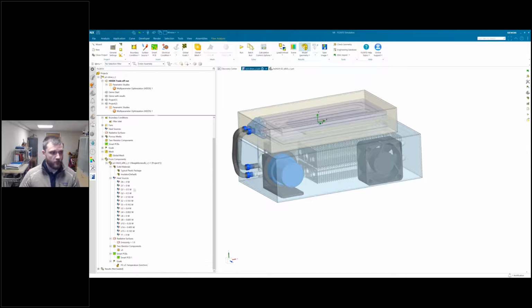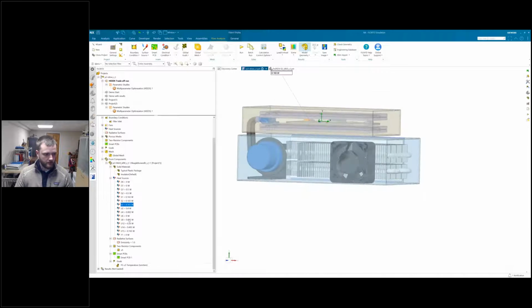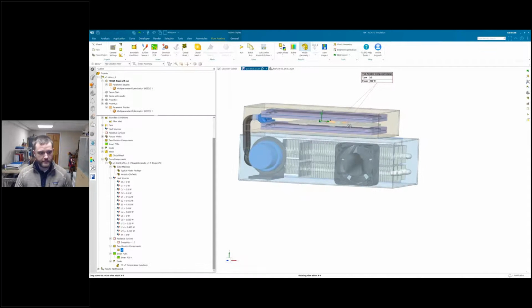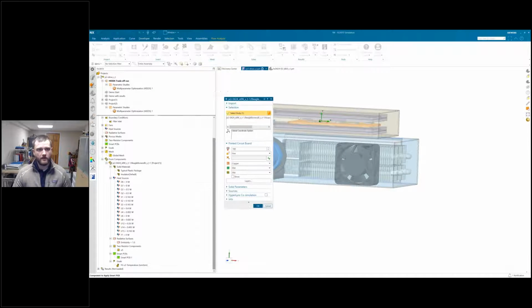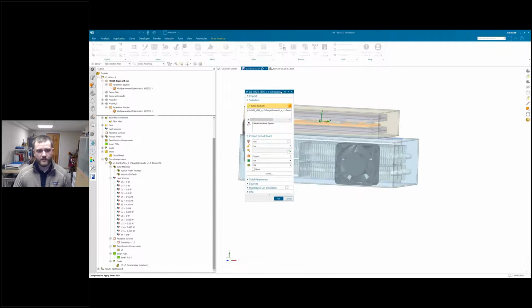So the EDA has imported the materials for the plastic packaging, the insulator, in these components, but also it's automatically created volume heat sources for these smaller loads. Just turn it here so you can see it a little bit better. And also we've already set up our radiative surfaces, and then more importantly, we've created a two-resistor component for that main IC, and then we have our smart PCB here, which is the model that we looked at, which is this time a multi-material model.